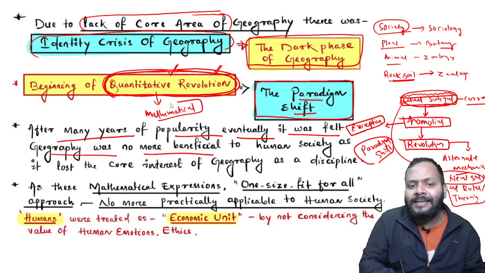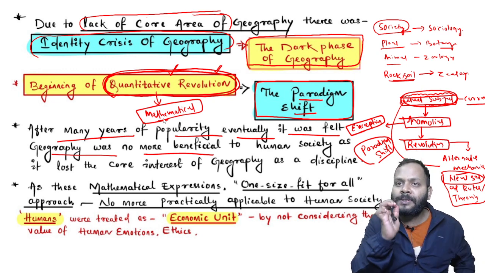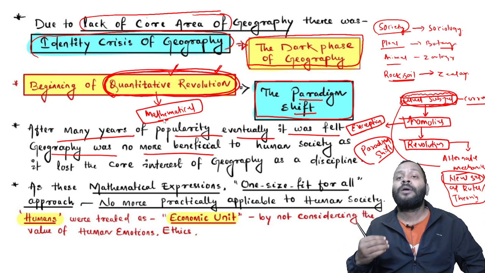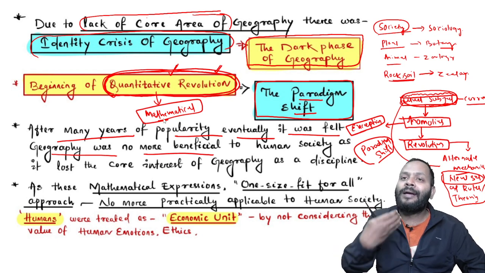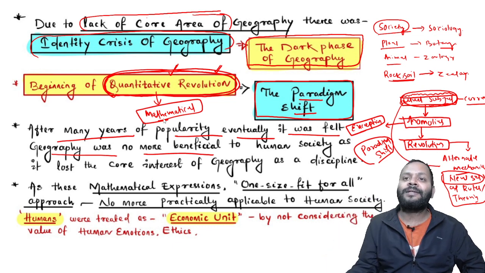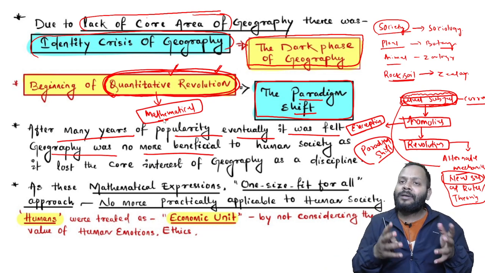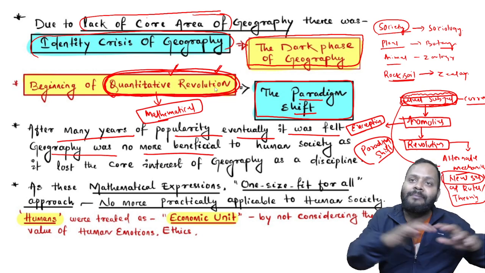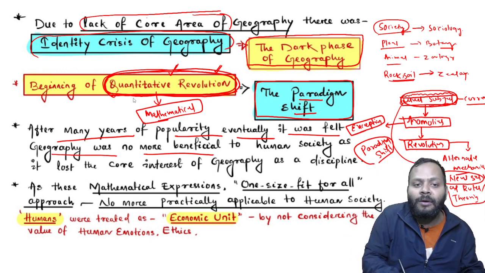But when I say mathematical, can you tell me what is the sole purpose of understanding geography? If a person asks me, why should I read geography? I can read geography because it can eventually help human society's benefit, or it has to be helpful for society, right? But how is it possible, if this quantitative revolution is completely mathematics,